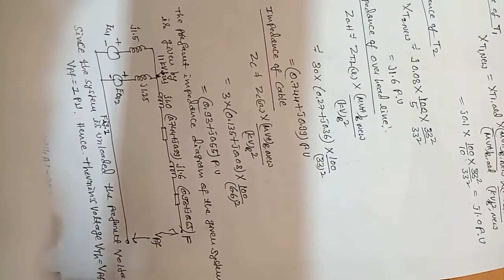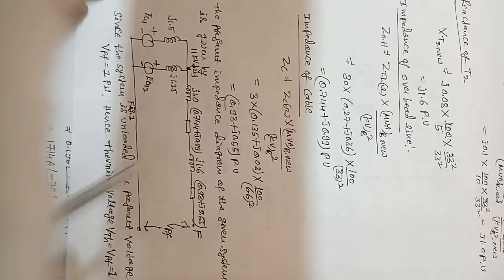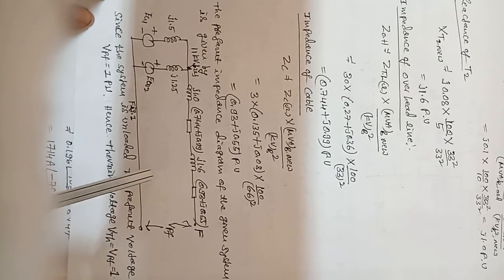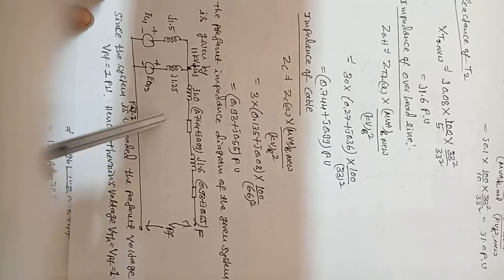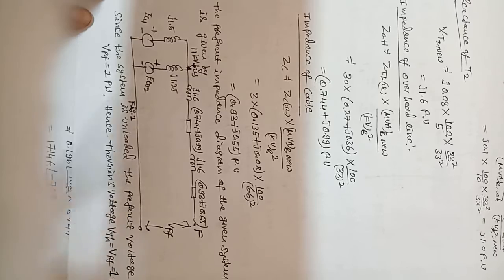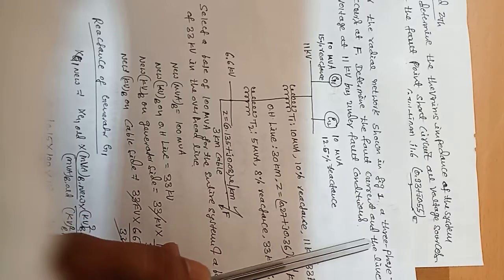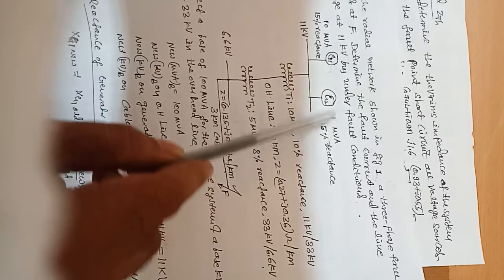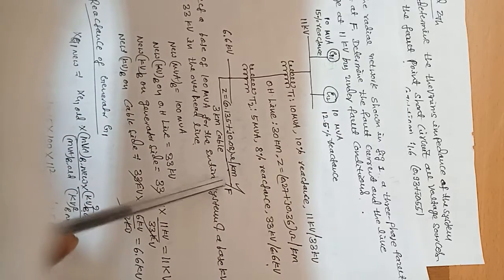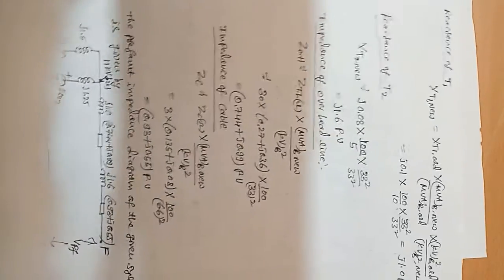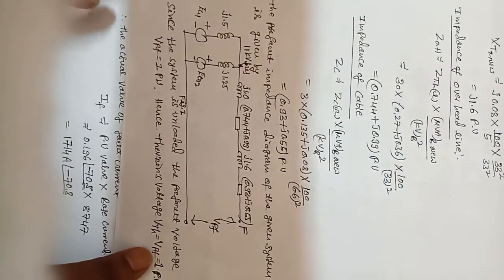Now I need to find the pre-fault voltage. That is the voltage at this fault point just before the fault occurs. You just remember one point here. When the generators or system is on no load, the pre-fault voltage is always 1 per unit. See here, nothing is given in the problem about the load. This is a no load condition, so you remember the pre-fault voltage is always 1 per unit. You should remember that.